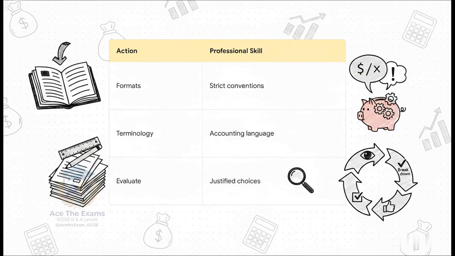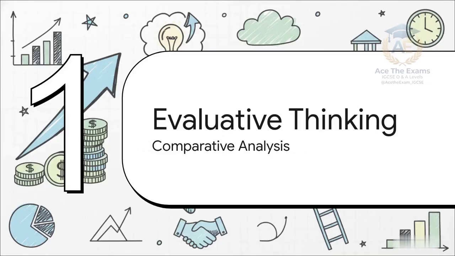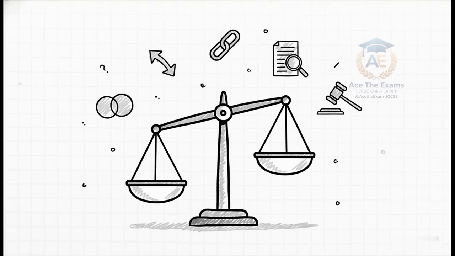Remember the ultimate problem-solving loop. Break the given information into logical steps, solve the math systematically, and then, crucially, make a firm, justified recommendation based on the precise scenario given. Don't leave the examiner hanging. Let's keep this momentum going into Part 4, Unlocking Evaluative Thinking, specifically looking at comparative analysis. This is where we step into the absolute peak assessment domain. Those higher-order assessment objectives demand that you never, ever look at a source of finance in isolation. The examiner is literally begging to see an evaluation of alternatives and a head-to-head comparison of approaches.